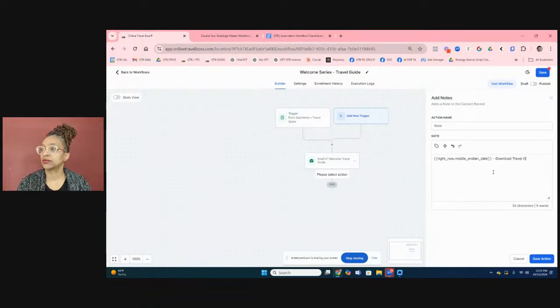travel guide. So when I go into the contact record, I can see that they downloaded this guide on this date, and I don't have to go and search and try to find it. It's going to be a note that's attached here. So here is date of download